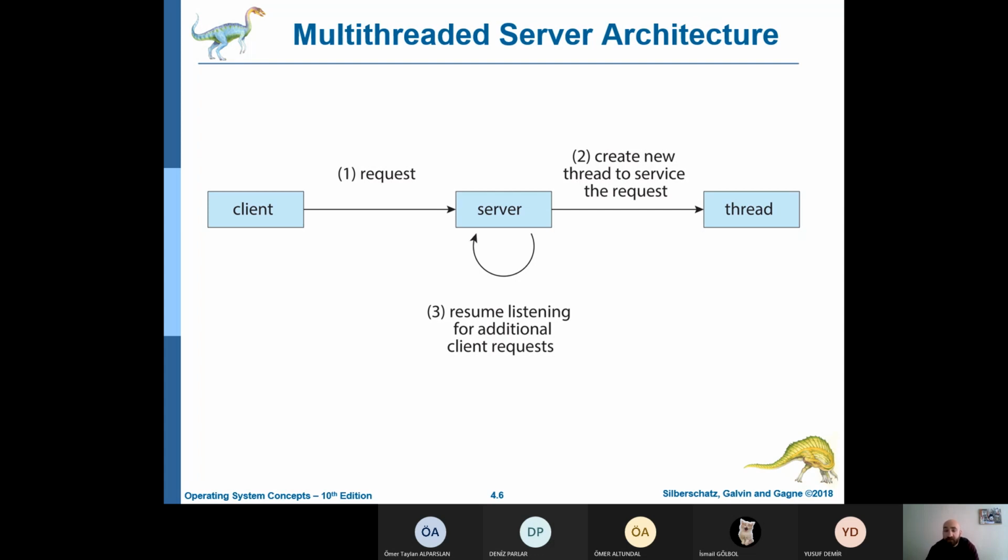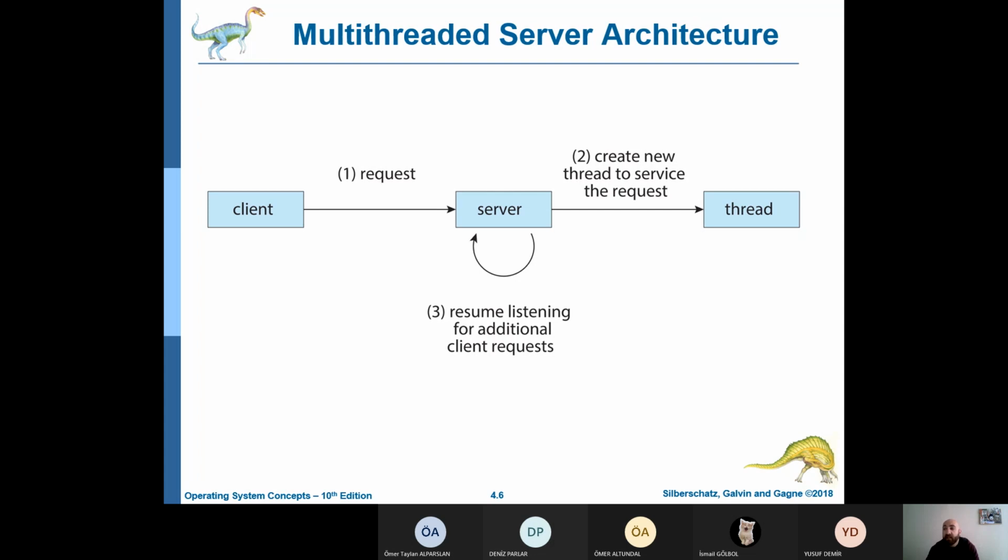So we have a web server and a client. When the server gets a request, instead of creating a new process, it can create a new thread within the same process. We already know that threads of the same process share code, data, and files. So creating a thread in the same process is easier than creating a new process.